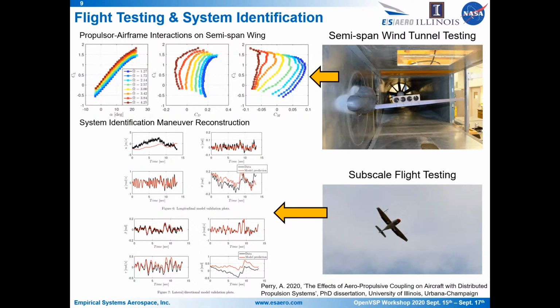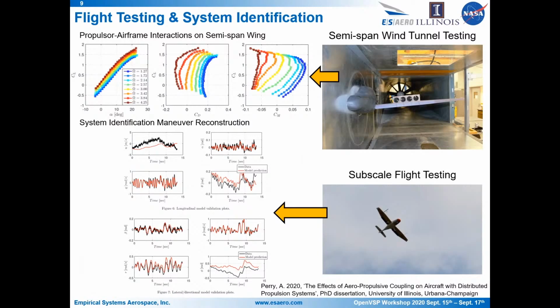But as a brief overview, not only did UIUC perform a scope of flight testing with multi-orthogonal multi-sign maneuvers, exciting various dynamic frequencies of the flight test vehicle to generate a set of flight test data used in the system identification process to identify stability and control derivatives,